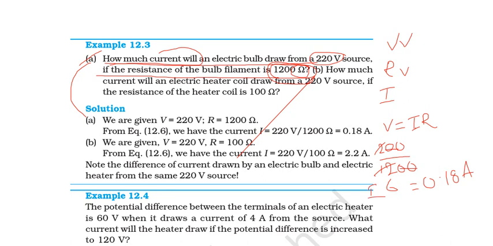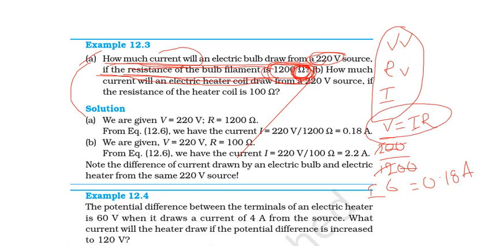Now you have to depend on the units, guys. I am requesting everybody. While if you read the question, you may get difficulty. If the resistance of the bulb filament is given, how can you know that this is this or that? That's why I am telling you to just depend upon the units. While seeing this symbol, you can decide that this symbol is the unit of resistance. So the given number is the resistance, and this is the voltage. They are asking for the current. See the relation between these three. This is from which law? Ohm's law. That's the question.